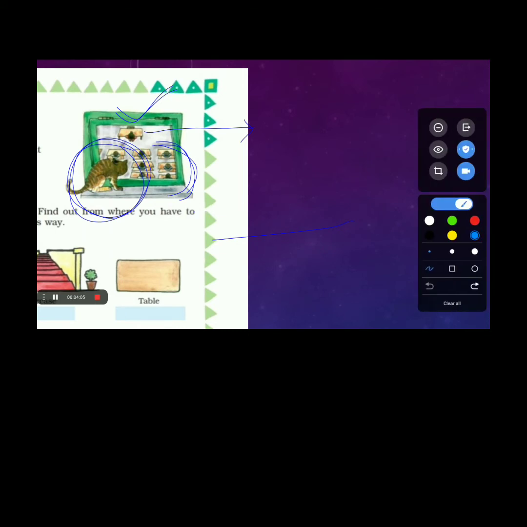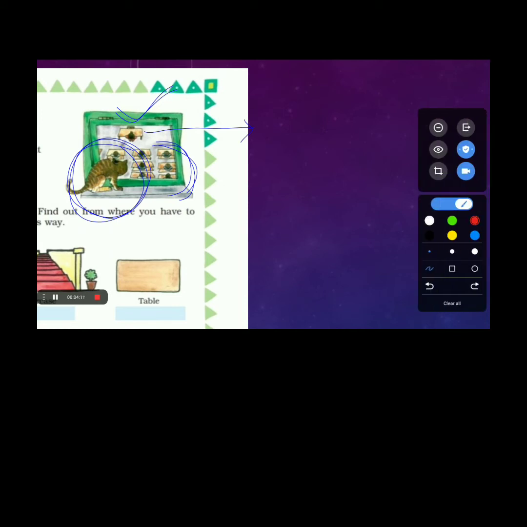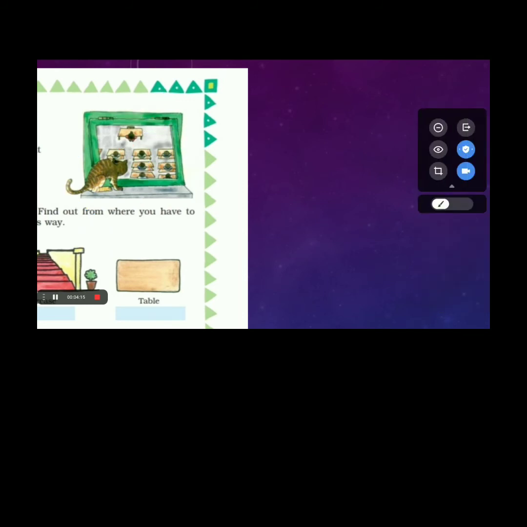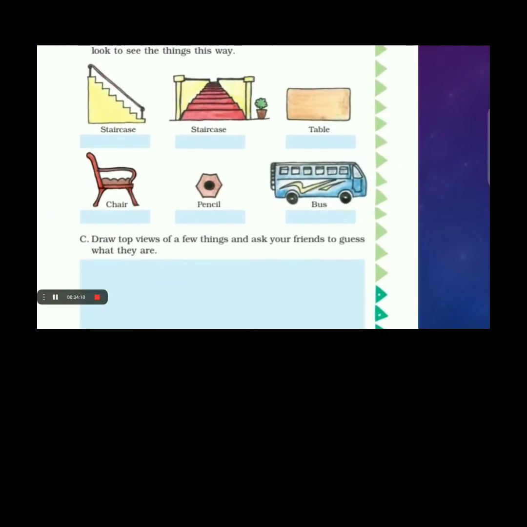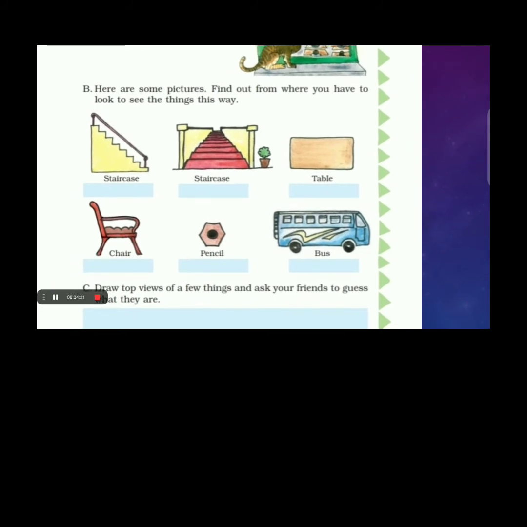Yes, and there are many students sitting in the classroom. I hope it is visible to all of you. So this is the cat which I'm talking about, and this is the classroom. If you see this class, this is the teacher because she is standing in the center of the class, and these are all the students. So if a cat looks from the top window, she'll find that a teacher is standing over here. She is the teacher of the class. Okay, let's begin the next question.